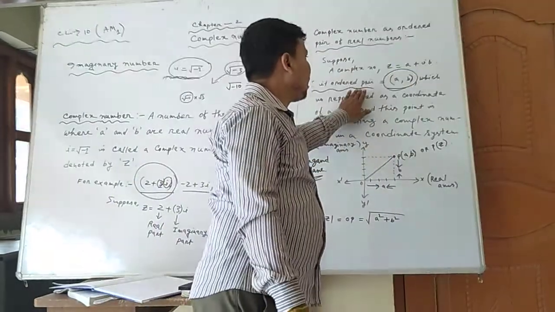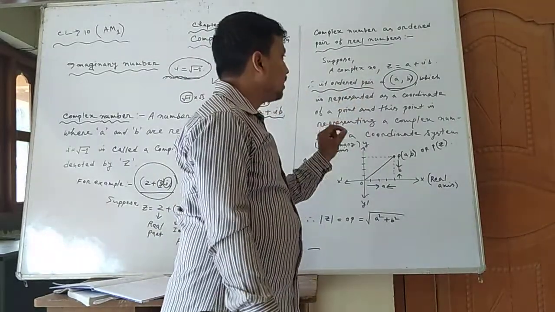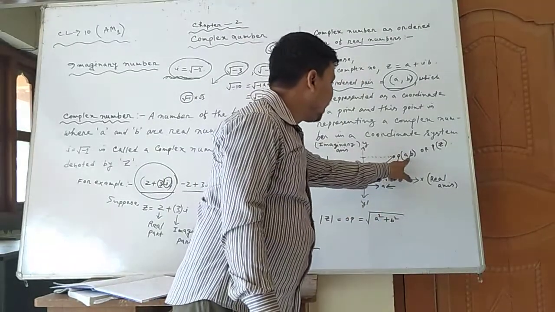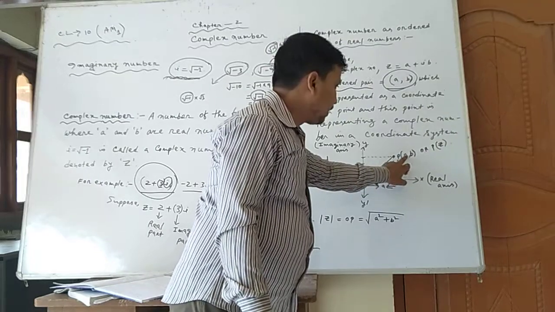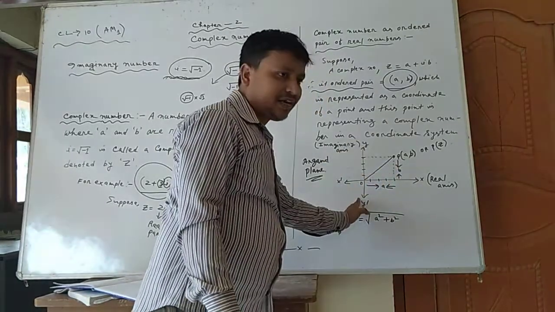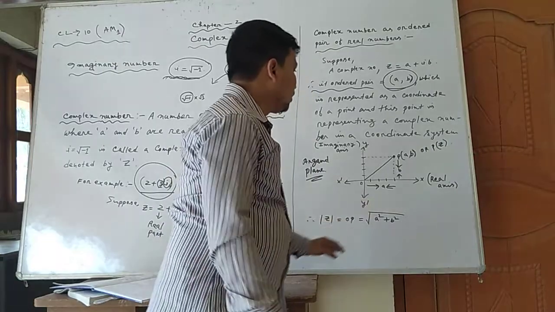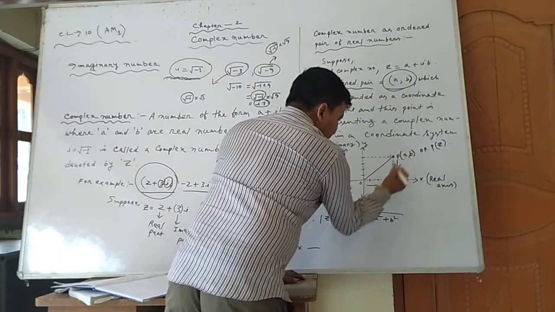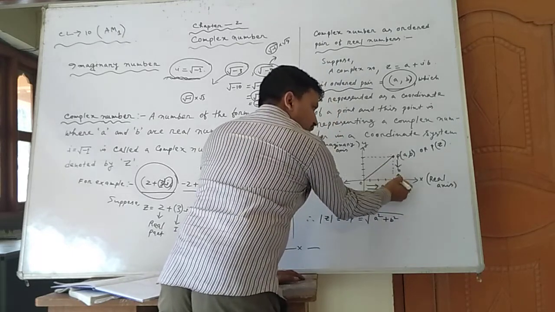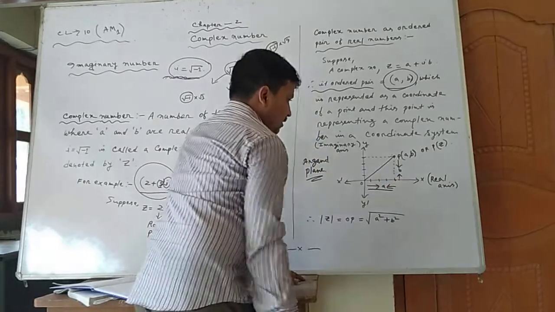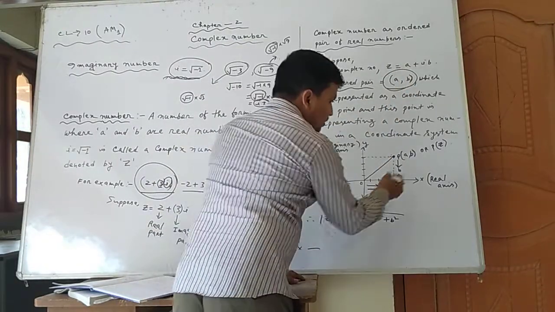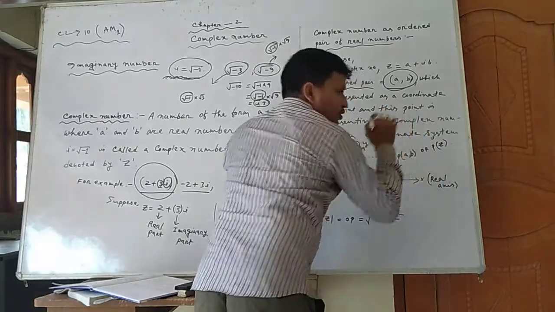This ordered pair represents the particular position in the coordinate system of the complex number a plus ib. Here it is written P(a, b). a is the real part, which we see on the real axis, the x-axis, and the imaginary part we see on the y-axis, the imaginary axis. We plot the point (a, b). From the origin, the distance along x is a, and along the y-axis is b. This point represents the complex number a plus ib, written as P(a, b) or P(z).